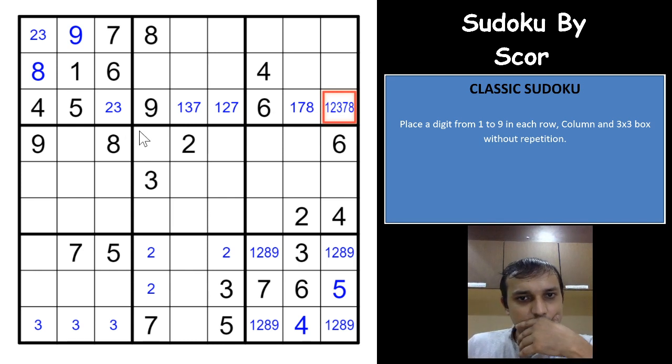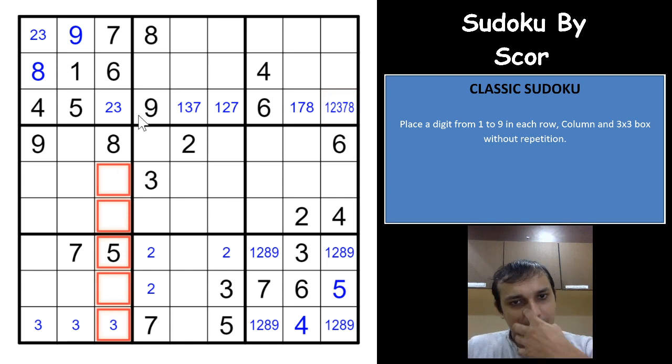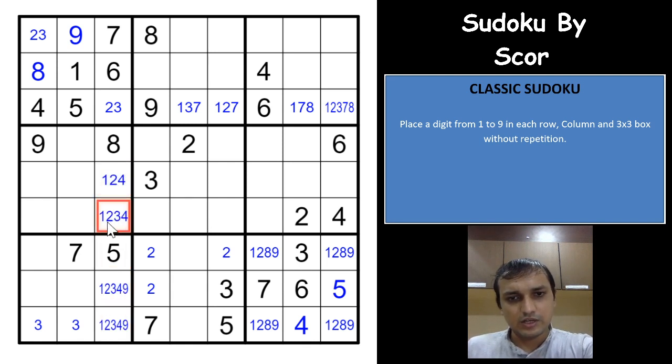Okay, next we'll see this column now. We need 1 2 3 4 and 9, right? So let us write that. I'll remove the 3 from here for now. Yeah, 1 2 3 4 and 9. You cannot get a 3 and 9 here. You cannot get a 9 here. You cannot have a 3. Yeah, and okay, everything else is done.